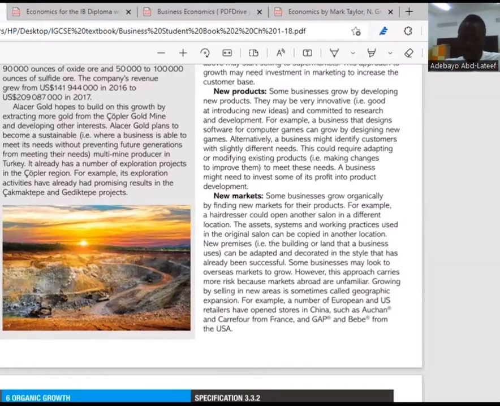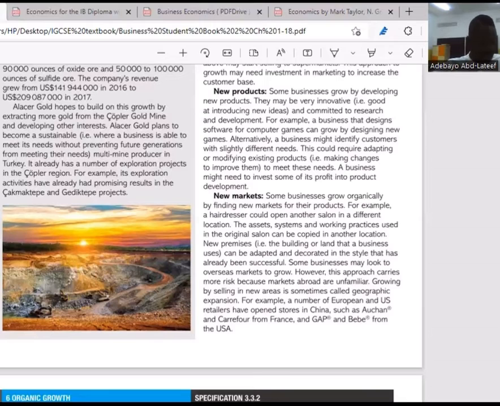Organic growth could occur in different methods: new customers by increasing your customer base, new products by developing new products or modifying existing products, new market by selling your product into a new area, which is what we call geographic expansion, new business model using social trends or technological operations, franchising by giving out a franchise to franchisees, to other entrepreneurs to sell your product using your brand. That is also another way of